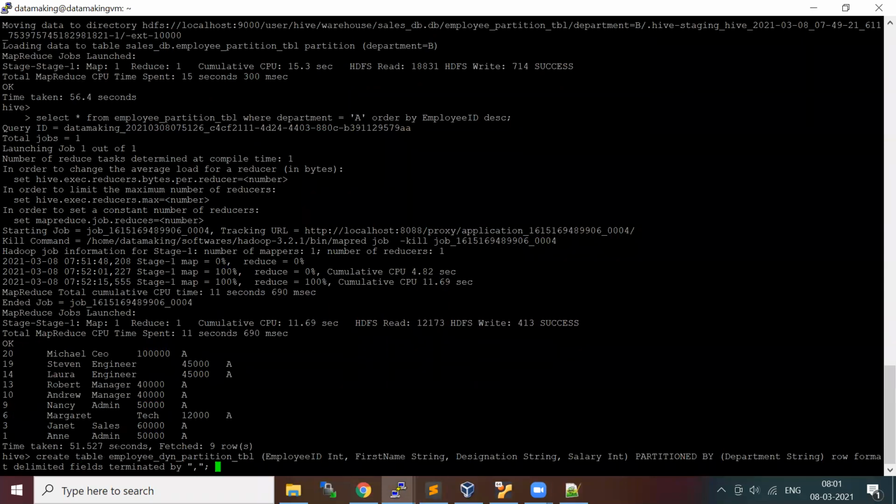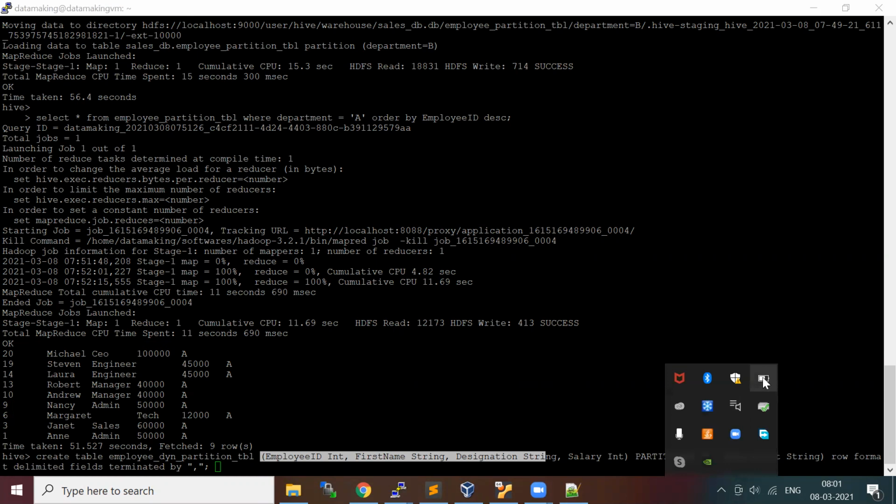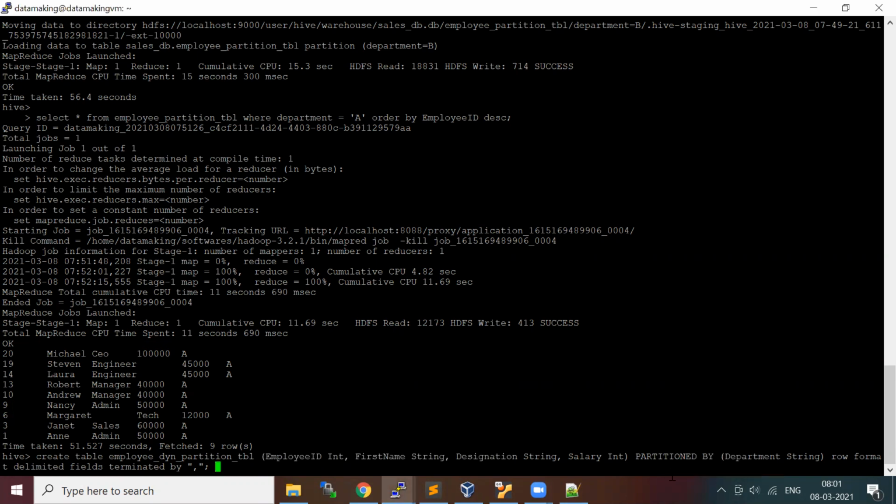If you look here, you have the create table name and the column information, and then partition by department.